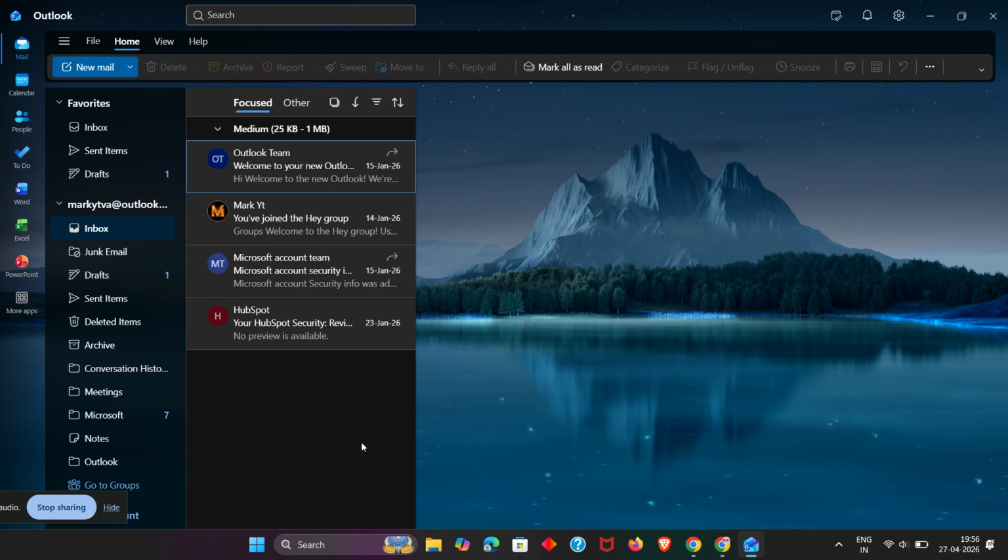And that's it. You've now learned how to fix an Outlook error pop-up by fully closing Outlook in Task Manager